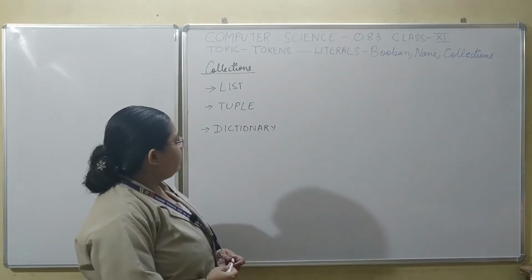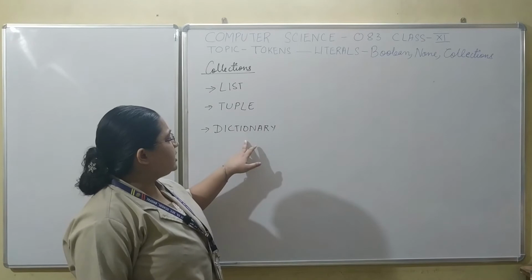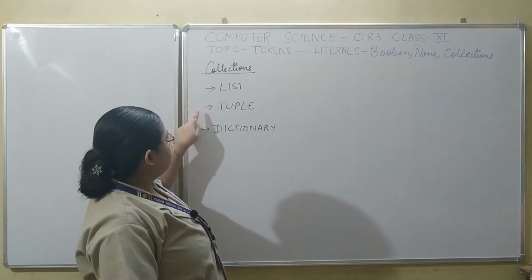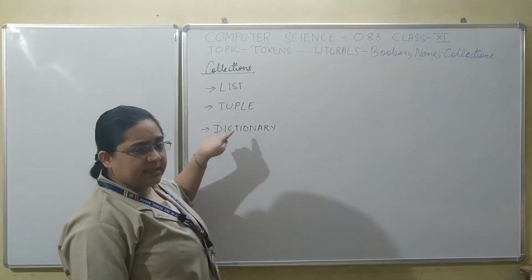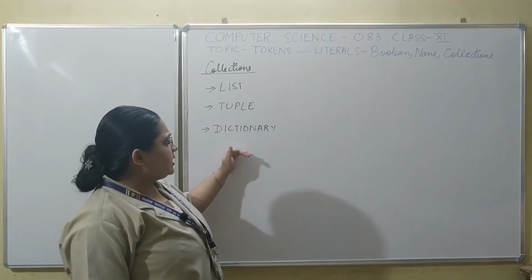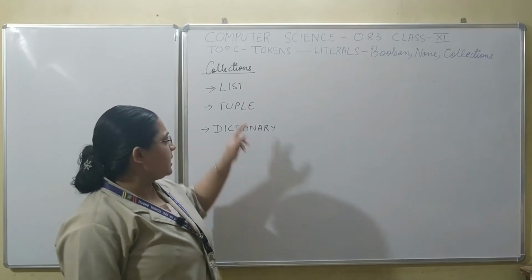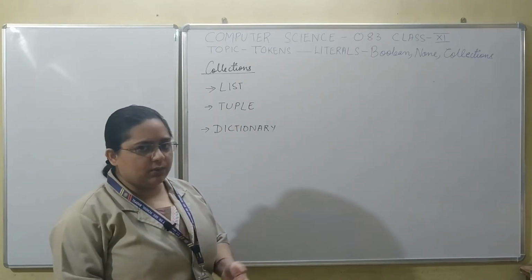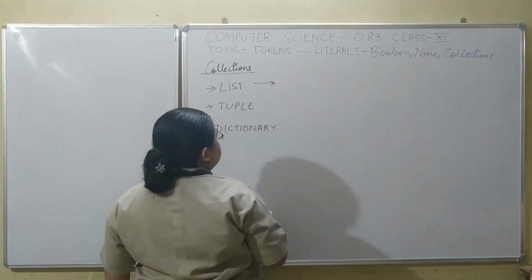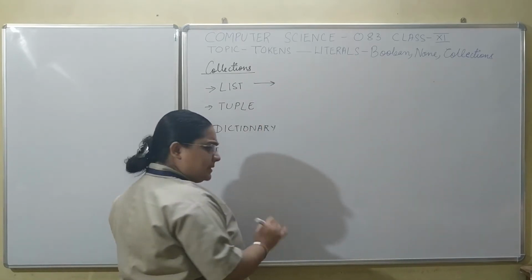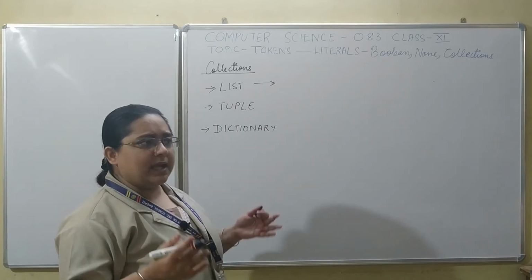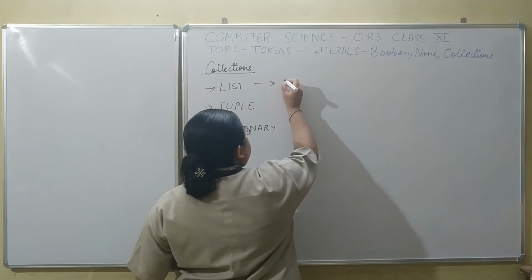Students, already we have 3 full-fledged chapters in our textbook which contain the detailed discussion where we would be discussing these 3 topics in great detail. So today I will just be giving you a short introduction about these 3. We will not be going into the details of it. List, tuples as well as dictionaries, those 3 are collections of values of different types.